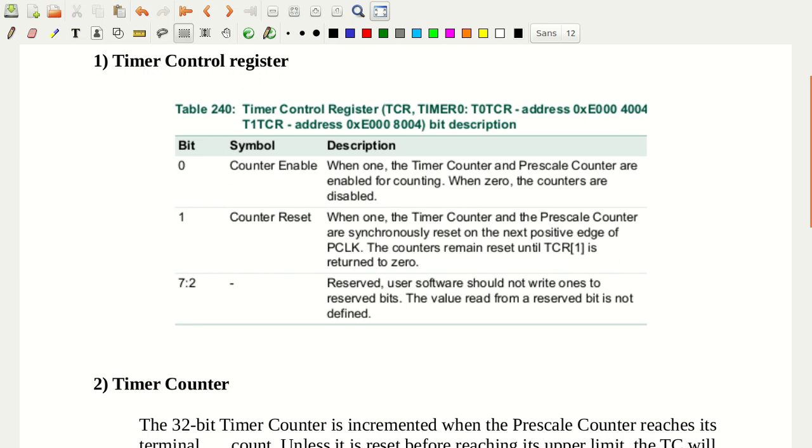Okay, so let us study how to configure the timer registers so that you get a proper fixed timer delay. Later on, we are going to write an embedded C program to turn on and turn off the LEDs with respect to some predefined delay, which you are going to give through the timer.